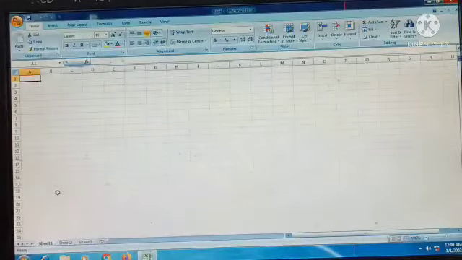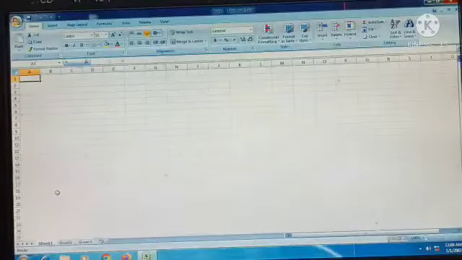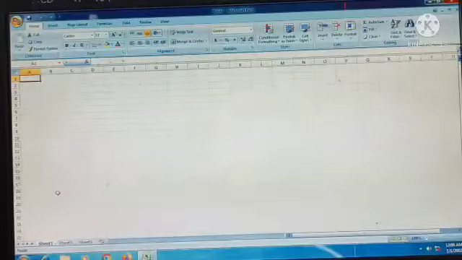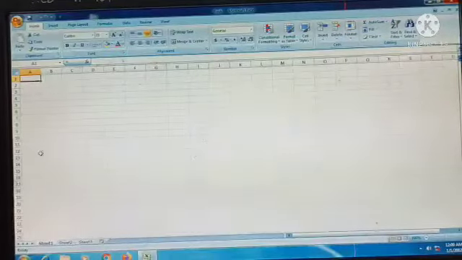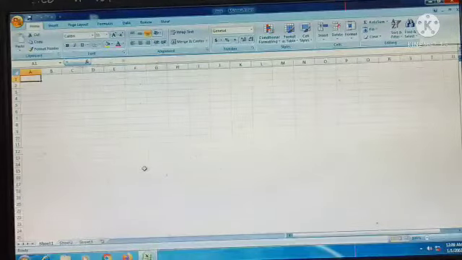Hi dear children, now we can explain the spreadsheet program MS Excel 2010 once again. We already completed the lesson and also we completed the notes. Once again we can explain the spreadsheet program MS Excel. Children, this is the MS Excel screen and MS Excel 2010 allows us to organize data in rows